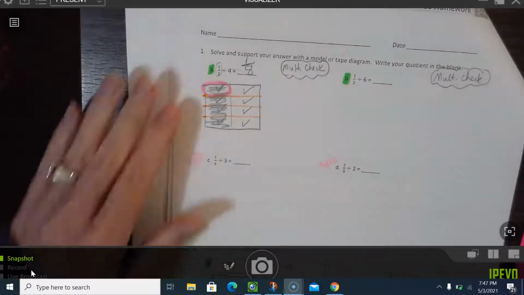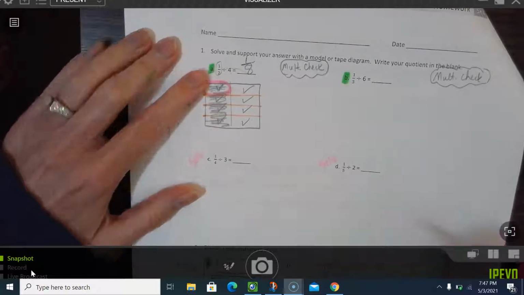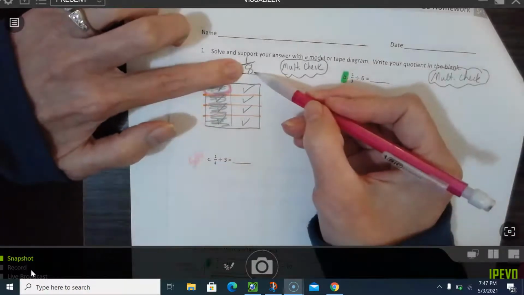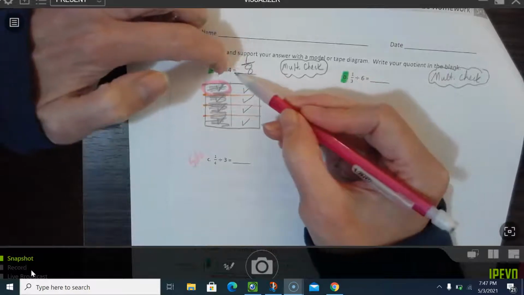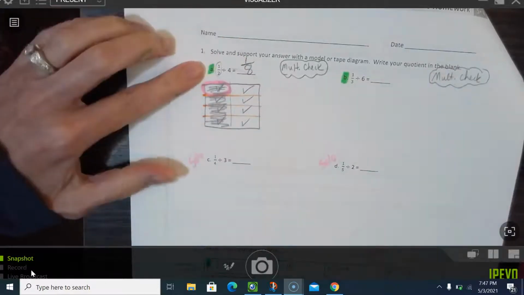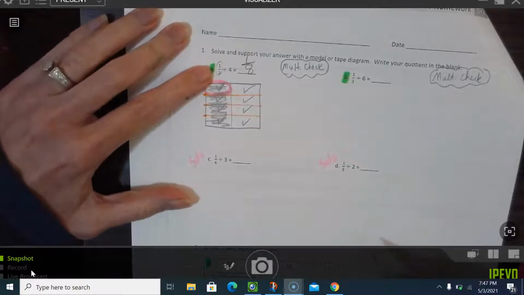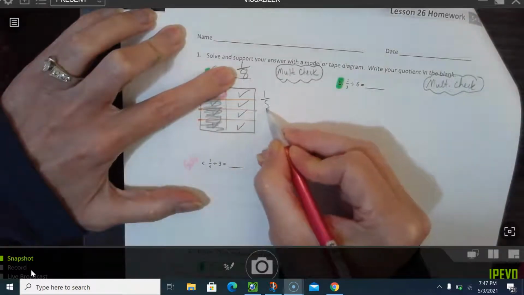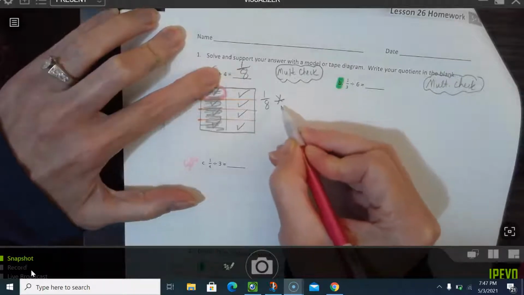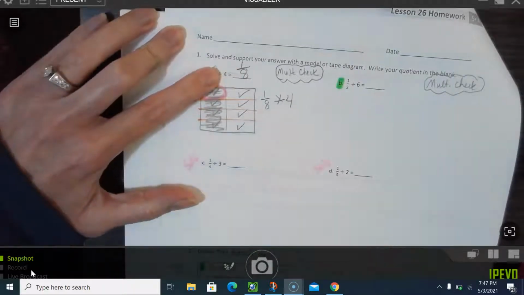Now I'm going to set up my problem to do my multiplication check. Remember, I'm going to start at the other end. This is kind of like a fact family. So eventually I want to see 1/8, my 4, and then my answer, in lowest terms, should be 1/2. So 1/8 times 4. And then I'm going to rewrite that